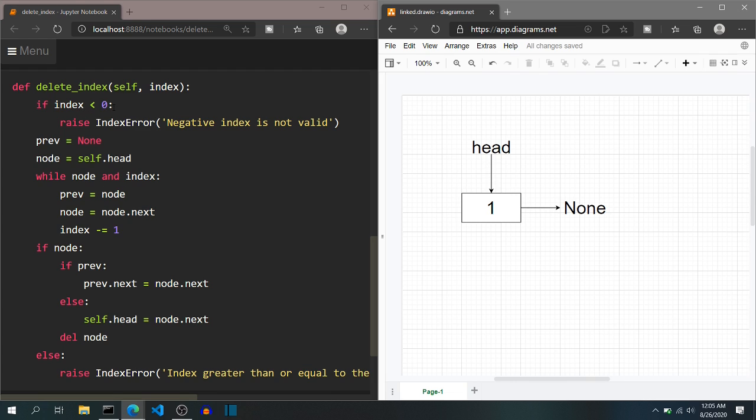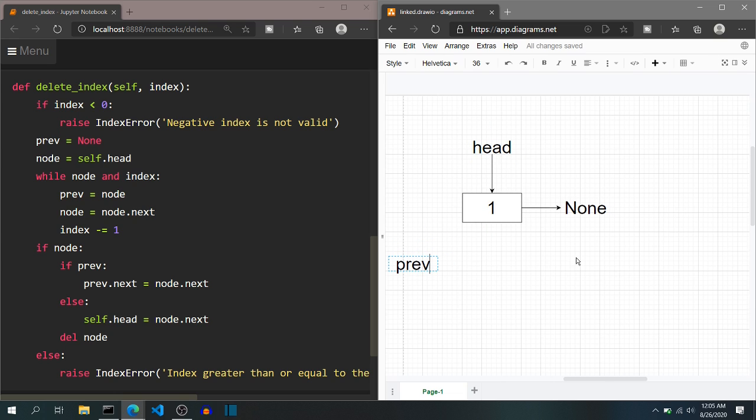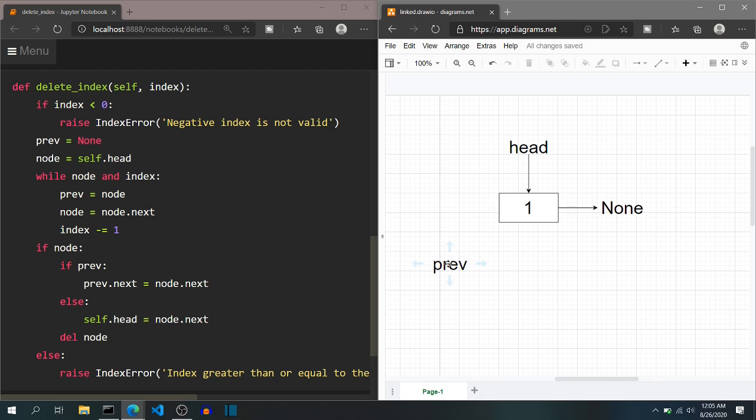Index 1 is not less than 0, so this will become false. Previous will be initialized normally, pointing to a None value, and a node variable will also be created like this, and it will point where self.head is pointing.